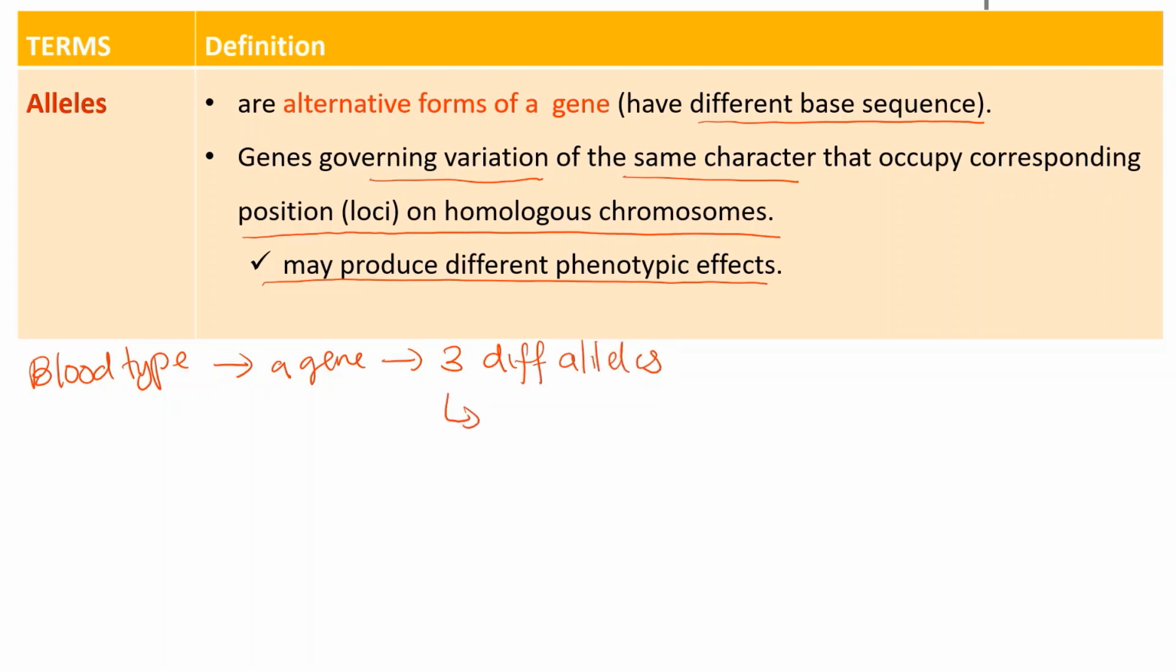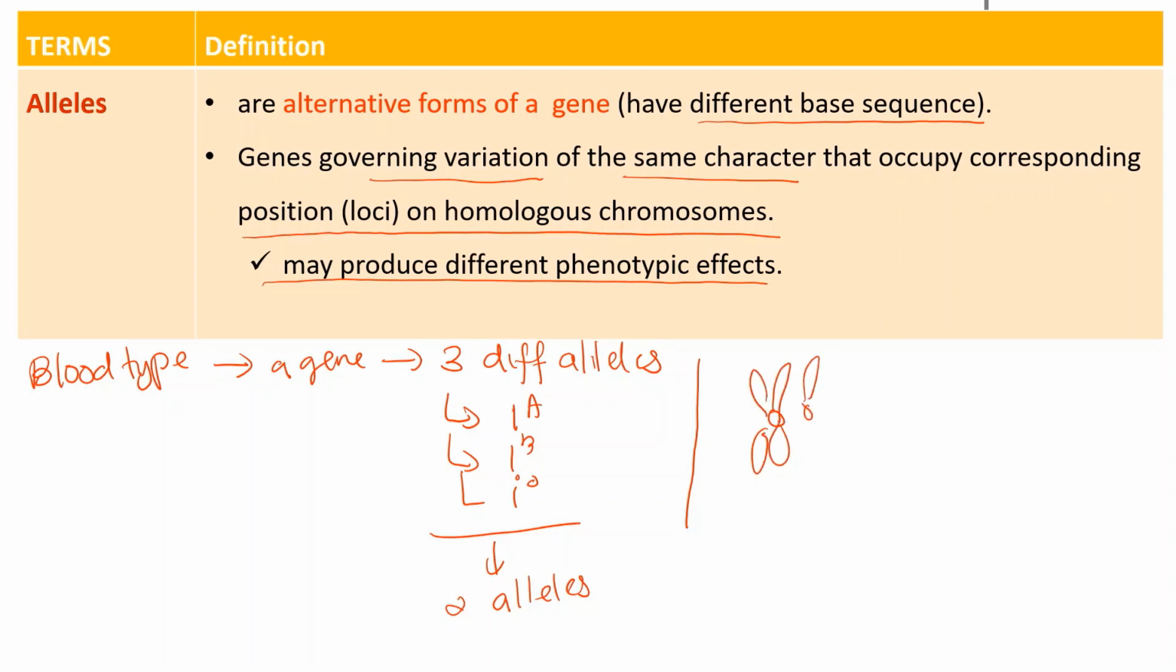So the alleles involved are IA, IB, and IO. For an individual, the individual can only inherit two of these alleles from the parents. For example, if the parents, if